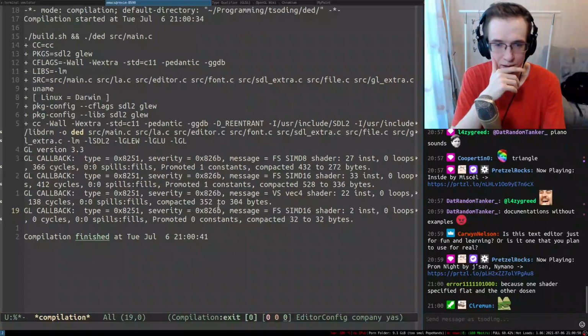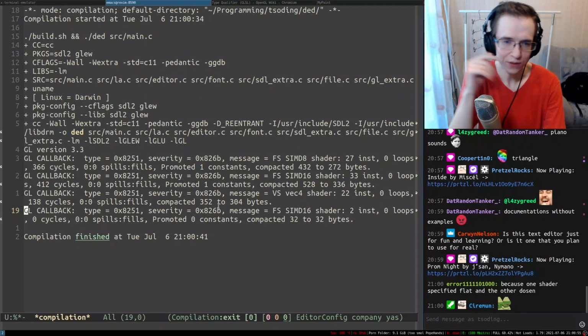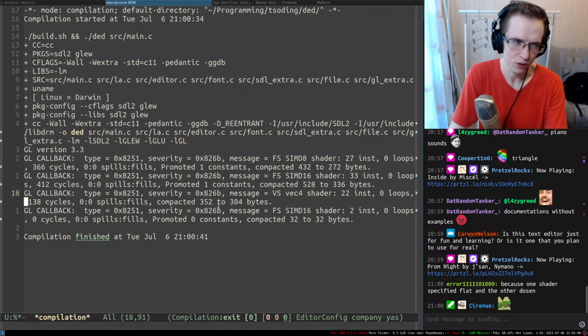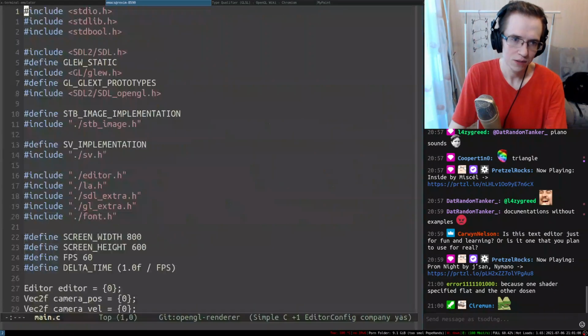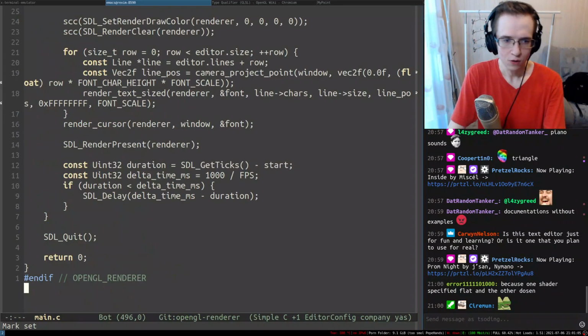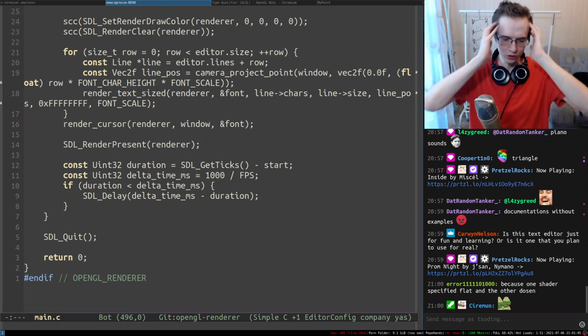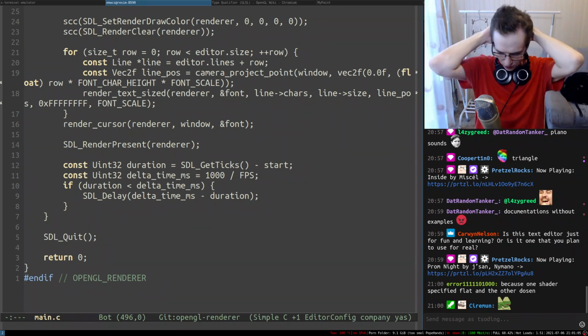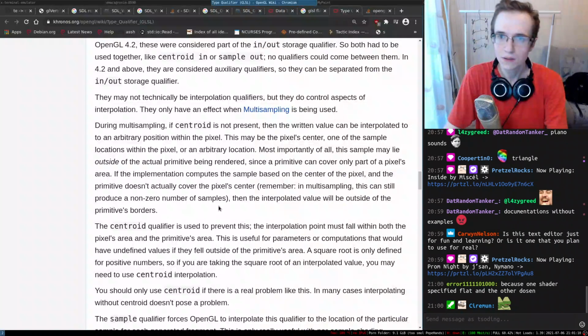Okay. This one is rather interesting. It didn't really work properly, but I'm not really sure why. Oh, by the way, I recently managed to make RenderDoc work on my machine.